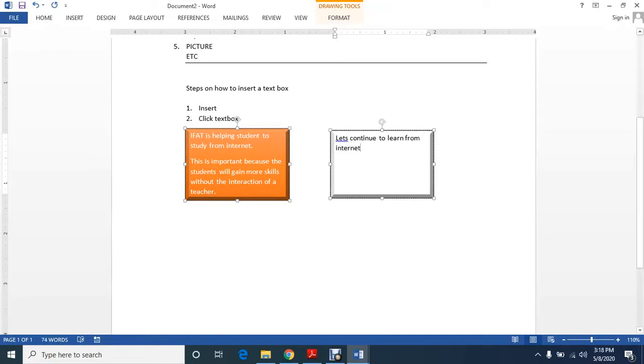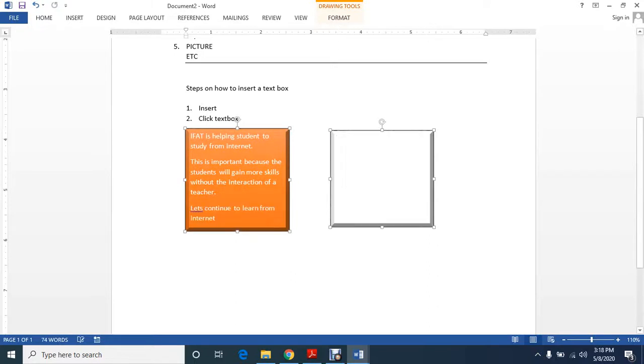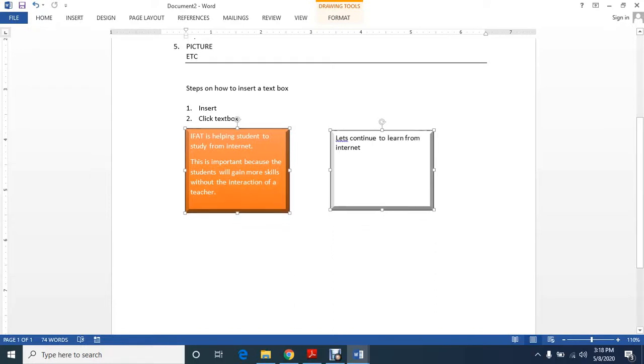If this text box becomes smaller, the content is now in the second text box. This means that we have created a link between two text boxes.